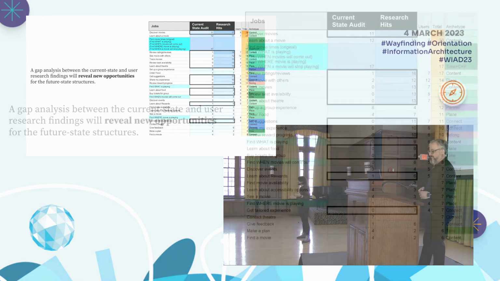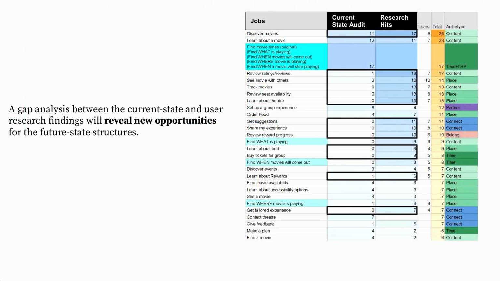There's a draw to say, oh well, we've looked and we've figured out for ourselves the things that people can do here. We don't need to talk with real people. We've refined this job set. We know that is a hypothesis. That is what the business thinks and has executed on to instantiate. Hopefully it was informed by research, but at this point for us, it's a hypothesis about what people want to do here. And now we need to take that and validate it. To just skip forward and start turning this hypothetical set of jobs that somebody wants to do here into archetypes would be risky. You would be working with a hypothesis that has been unvalidated.